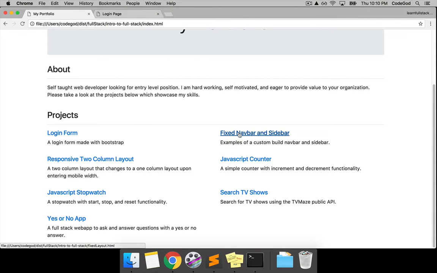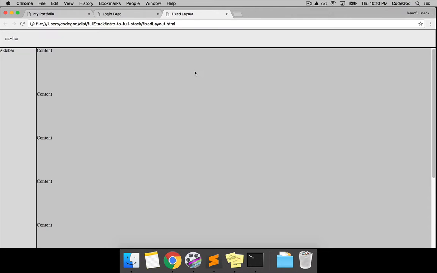After that, we're going to go into this fixed navbar and sidebar. As I mentioned, we're going to be creating this from scratch, no Bootstrap. The reason we're doing this navbar and sidebar is that this sort of layout, where we have a fixed navbar and fixed sidebar and a scrolling content region in this sort of box, is a common modern web app pattern. If you look at YouTube and Gmail, those are 2 examples of web apps that use this type of layout. And so for that reason,